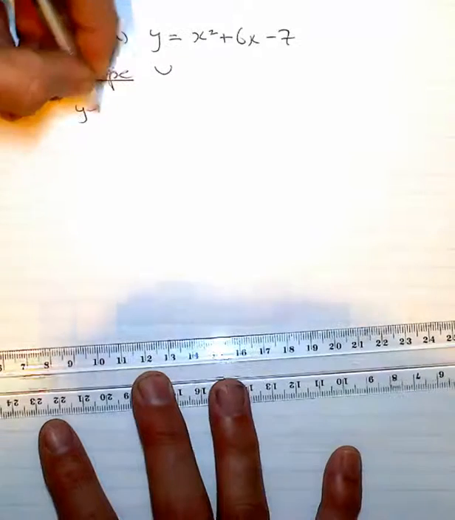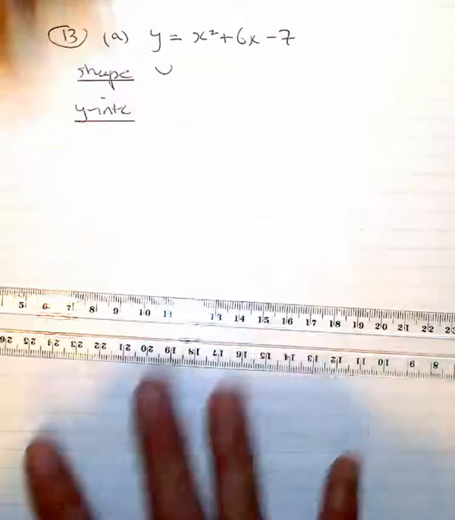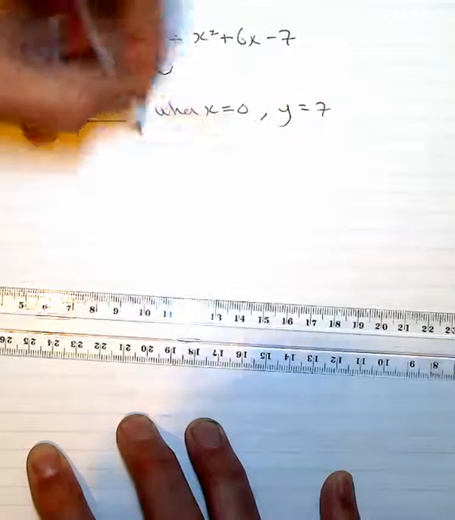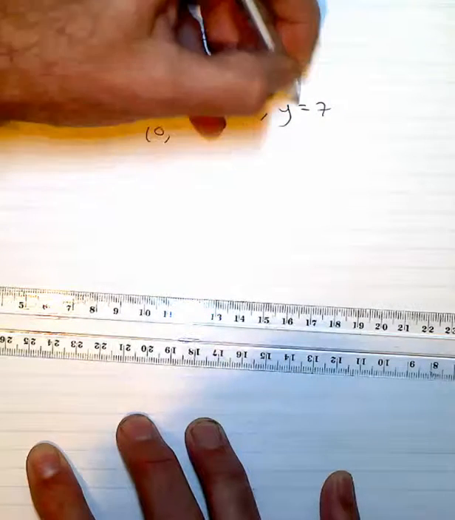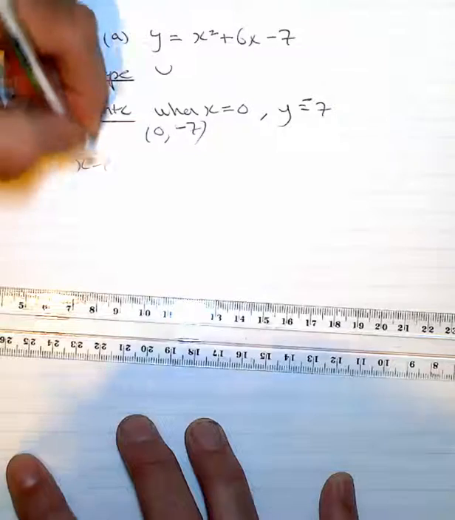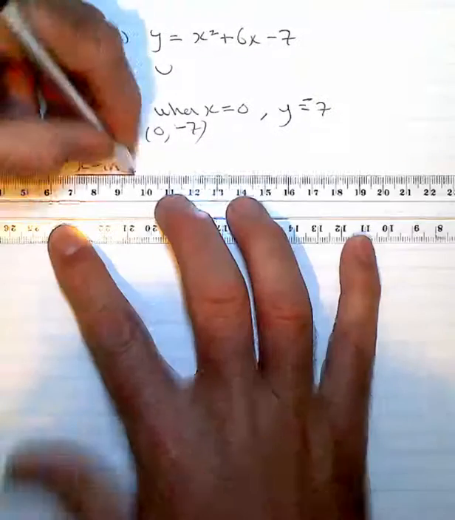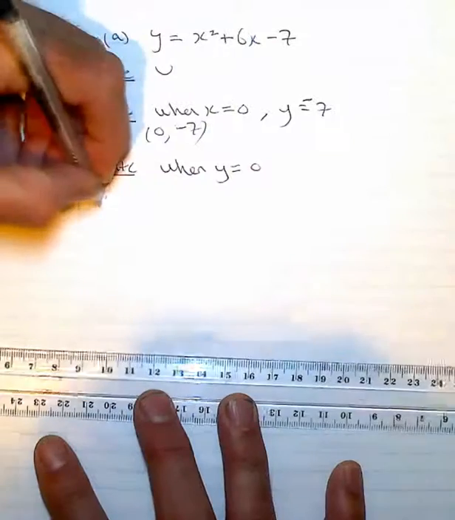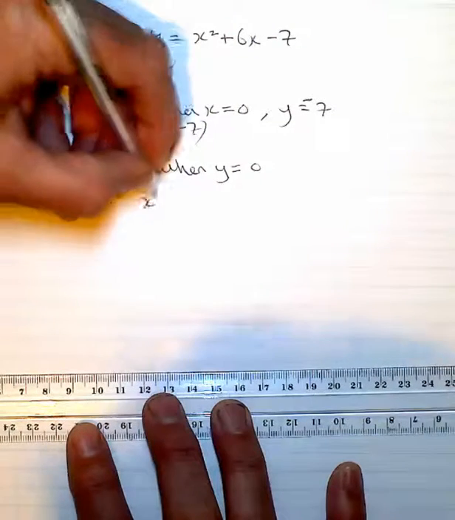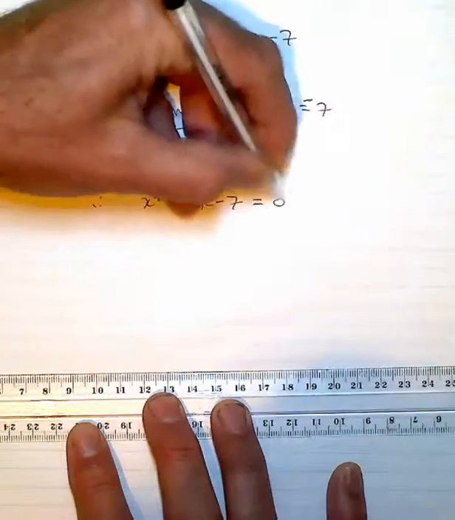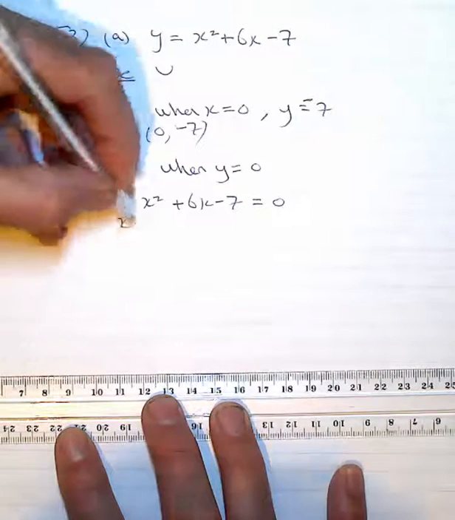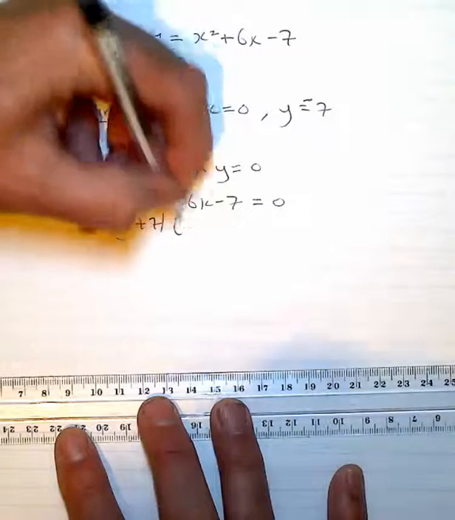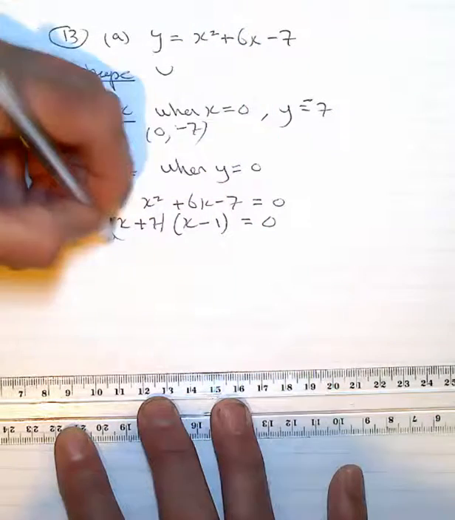The y-intercept, in this instance, occurs when x is equal to 0, y is equal to -7, or the point 0, -7. The x-intercepts occur when y is equal to 0. So therefore, x squared plus 6x minus 7 is equal to 0. And you should be able to factorise that by inspection pretty readily. X plus 7 lots of x minus 1 is equal to 0